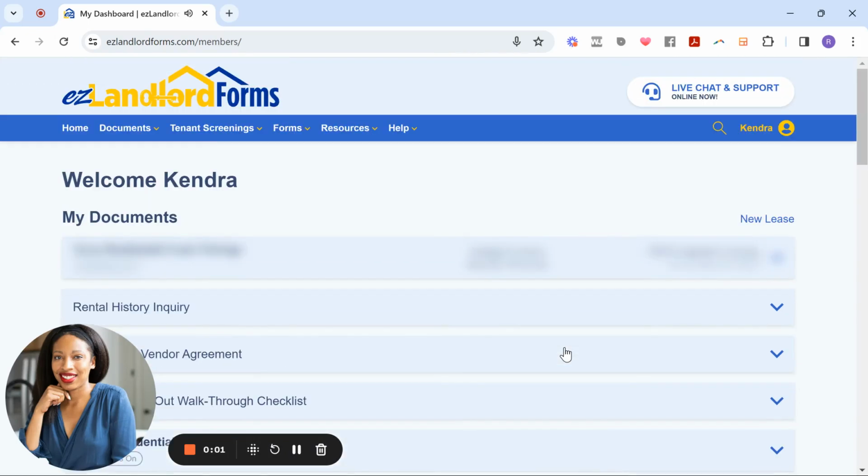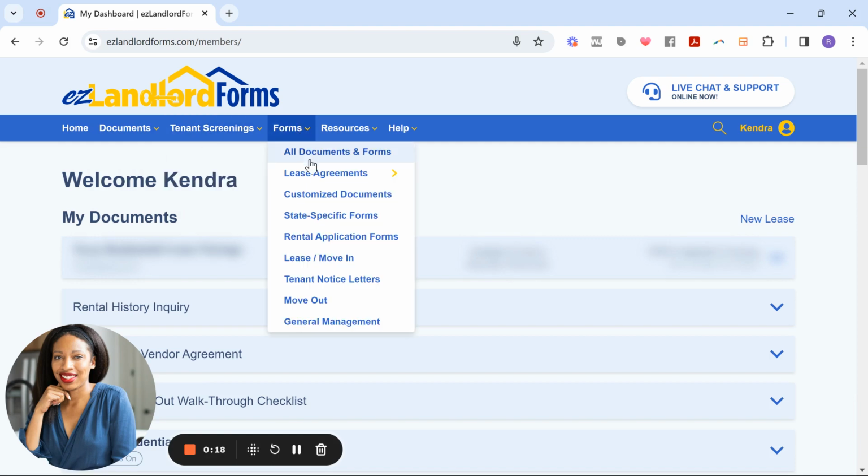Hey everybody, today we're going to take a look at Easy Landlord Forms and I'm going to give you a behind the scenes look at what the pro account includes so that you can see if it's worth it or not for you. So Easy Landlord Forms has tons of documents, tenant screening features,